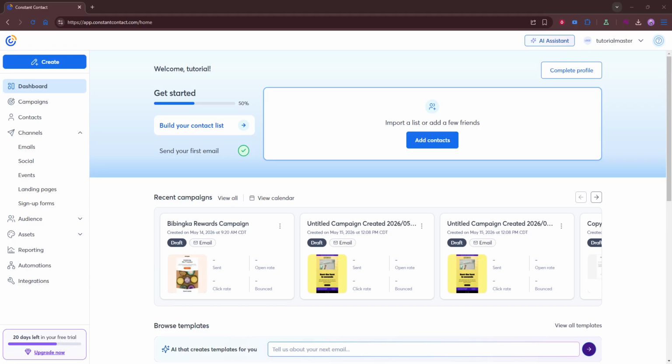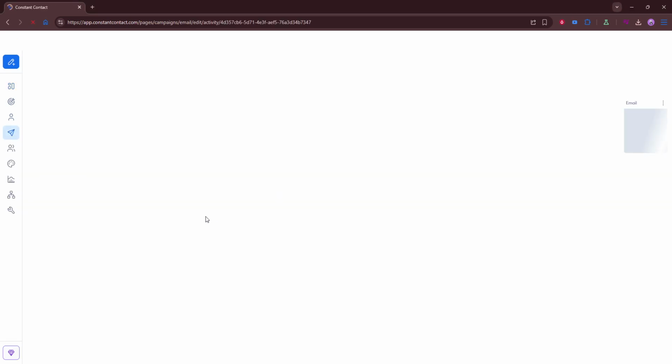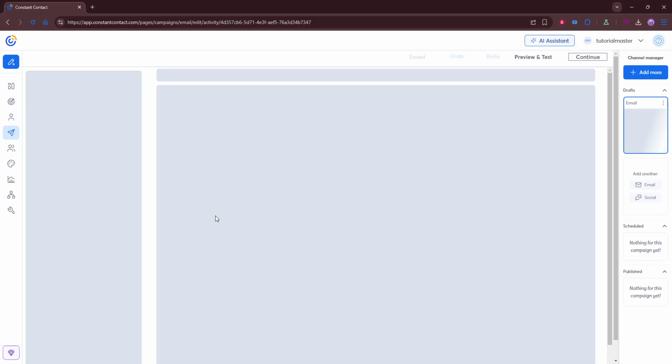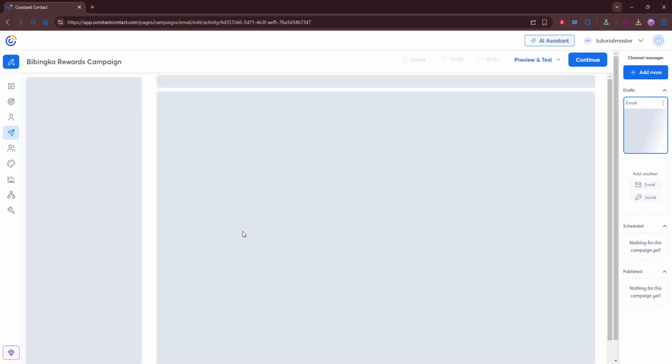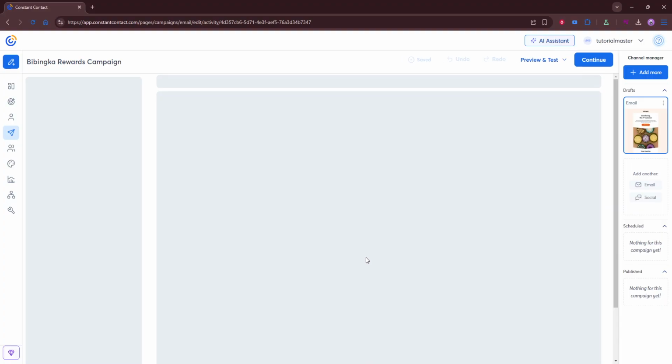And I'll walk you through the process from start to finish with simple tips to keep everything looking clean and professional. First, open your Constant Contact email campaign. This can be a draft you're currently working on or an email you've already created and want to refine. Once the campaign editor is open, you're exactly where you need to be to make changes to the subject line